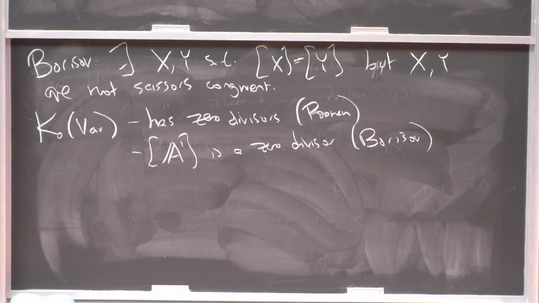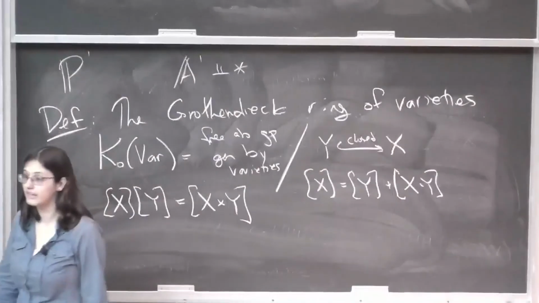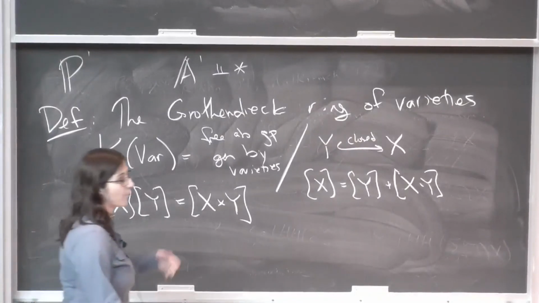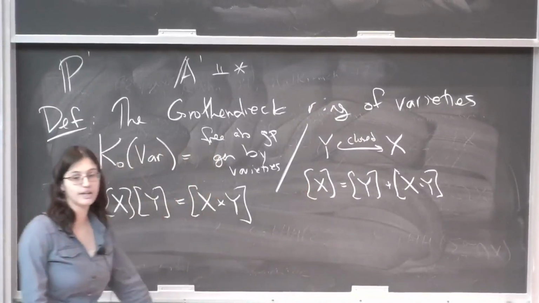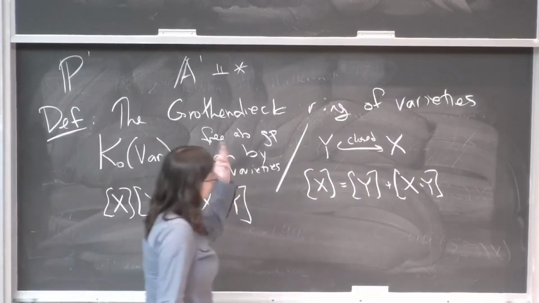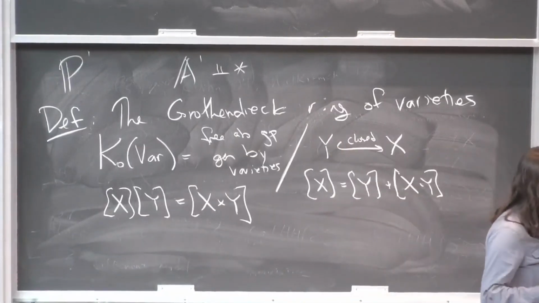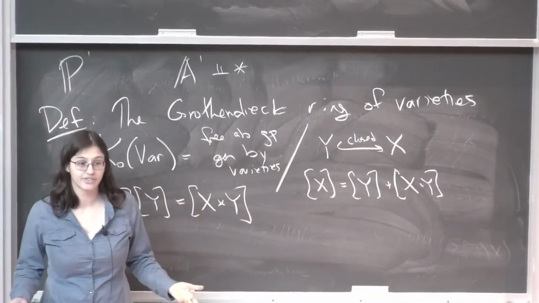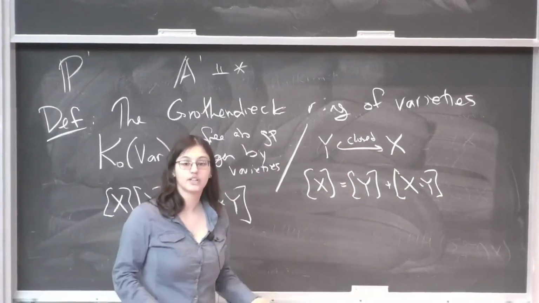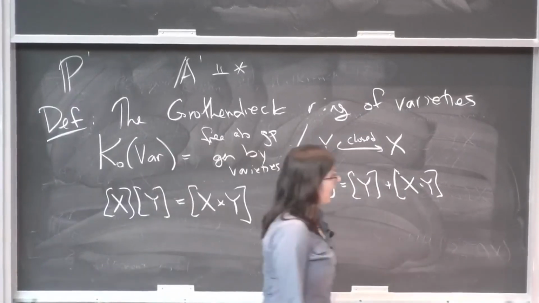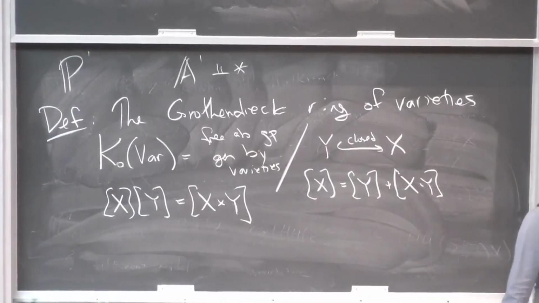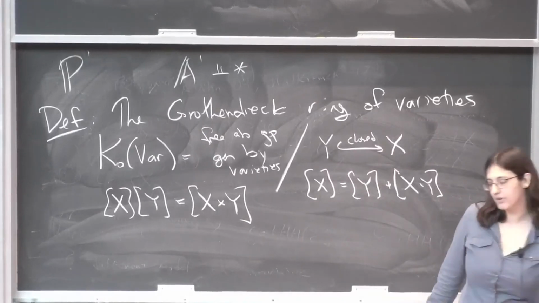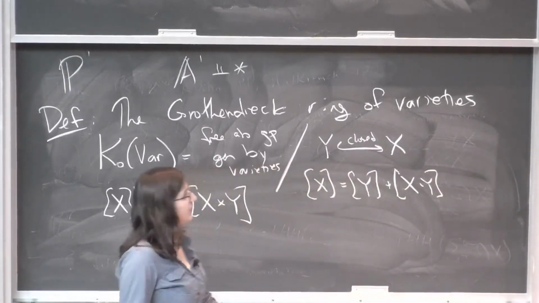But we still want to work with it because it's the universal invariant that satisfies this. We have a lot of invariants like this, like cohomology with compact supports and whatever variety of cohomology you like for varieties. We want to be able to say that if we can understand this ring, we can understand all such invariants, like Euler characteristics or cohomologies. Understanding this ring would be great,